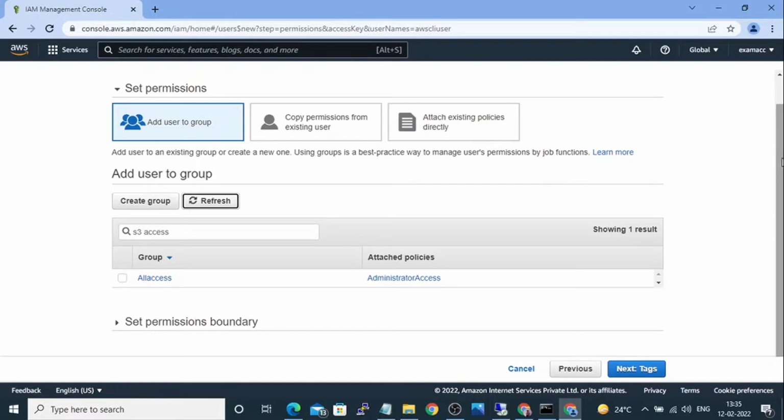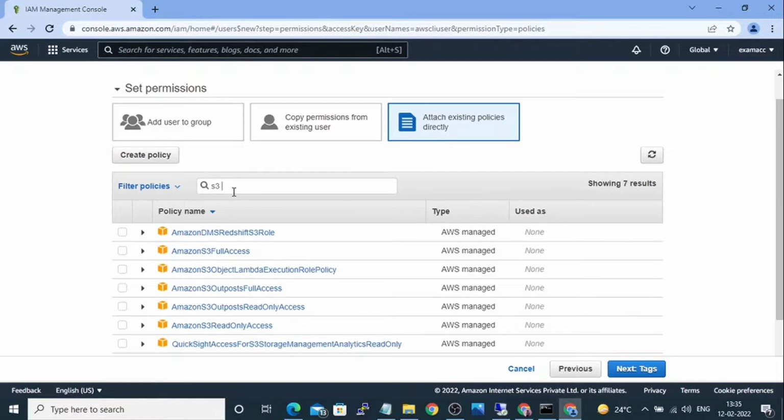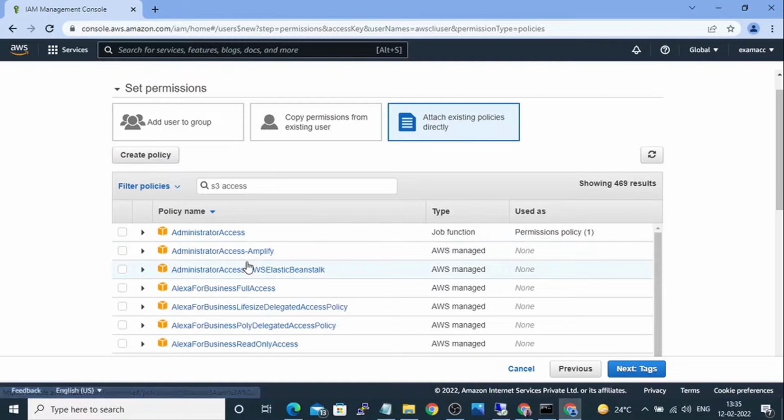That means we need to create a policy in which we will provide access of S3 bucket. Okay, so for that, from the existing policies we try to find if S3 access is available or created by the user or not. We can't find S3 access,